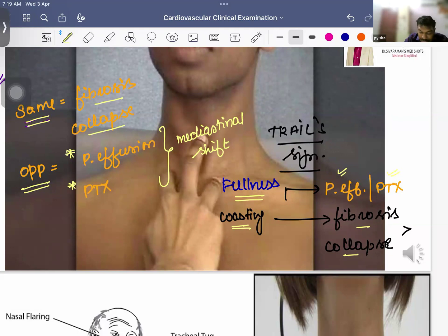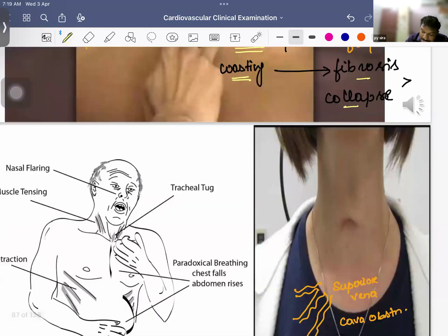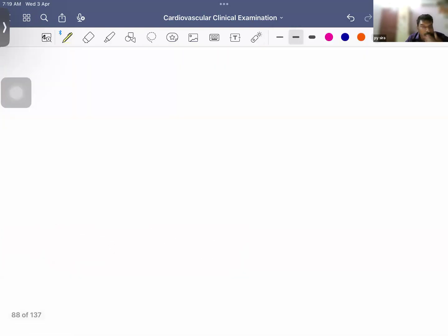So this is a very important thing in your patient. This is going to be called the trail sign. Trail sign, and the size and shape of the chest wall is a very important thing. Next, what is the size and shape of the chest wall? So whenever you have any patient,